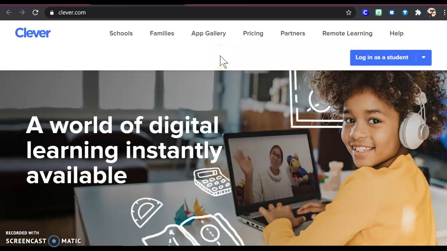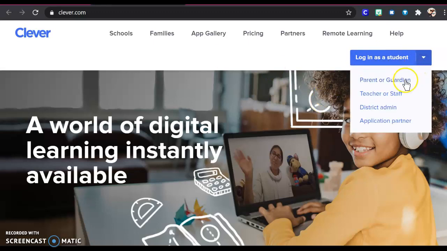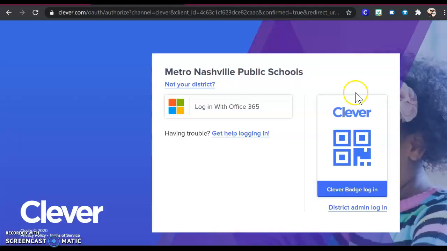Hello everyone. Today I'm going to be showing you how to create a virtual notebook using the Microsoft 365 app OneNote. To find your access to OneNote, you should log into Clever first. Mine's going to look slightly different than yours as a teacher versus a student, but go ahead and log in